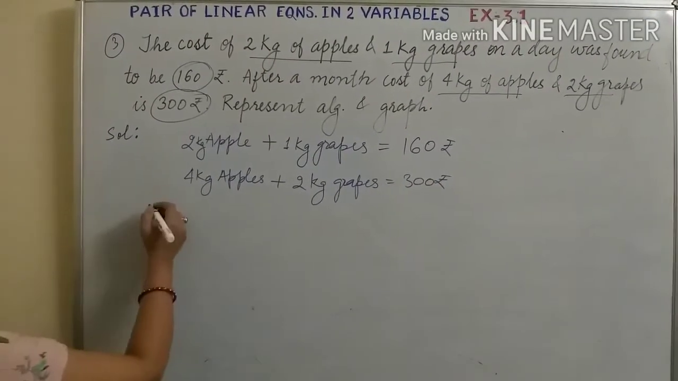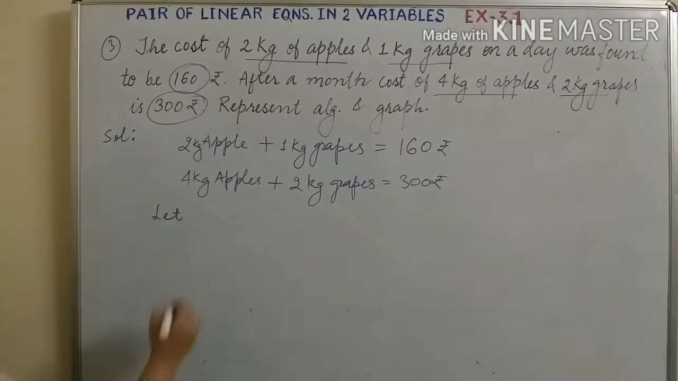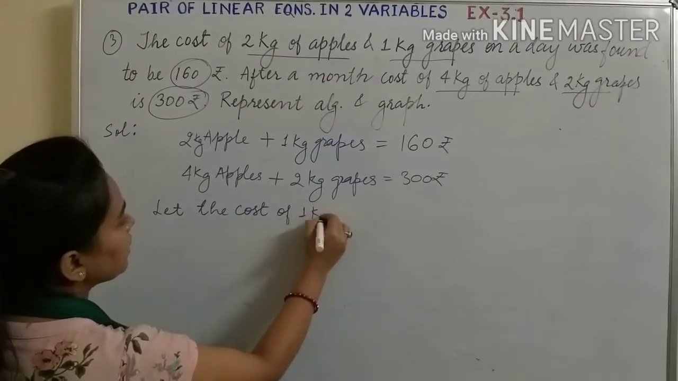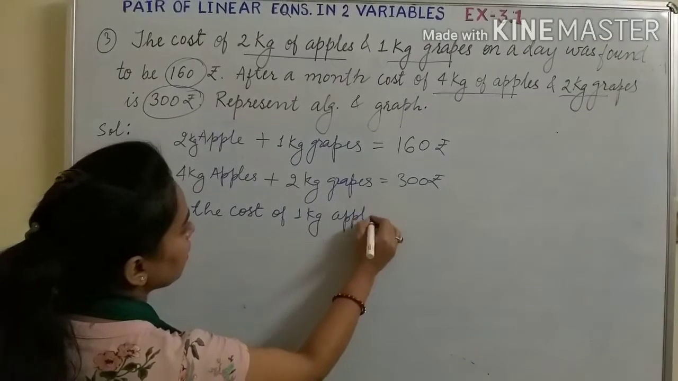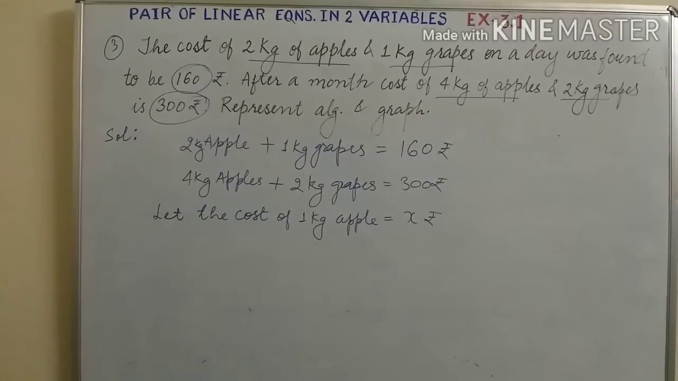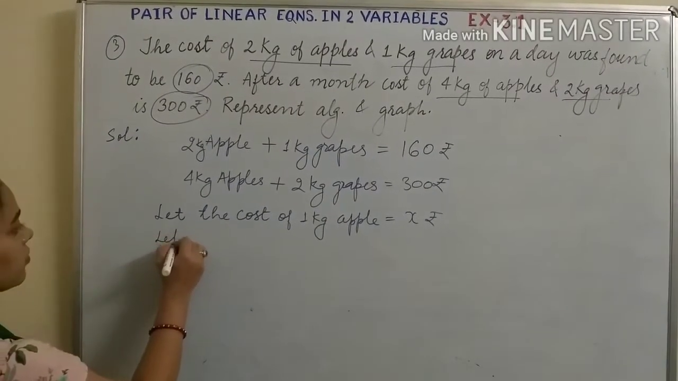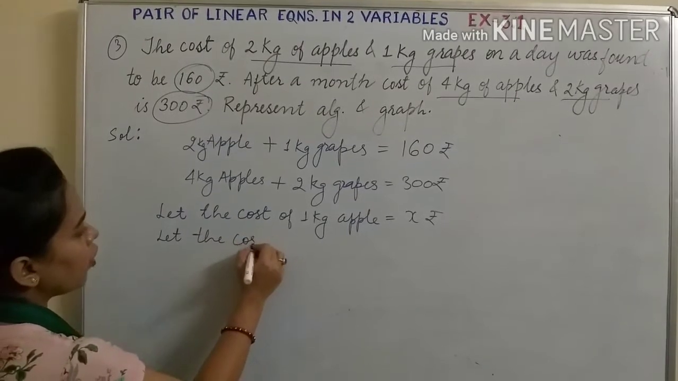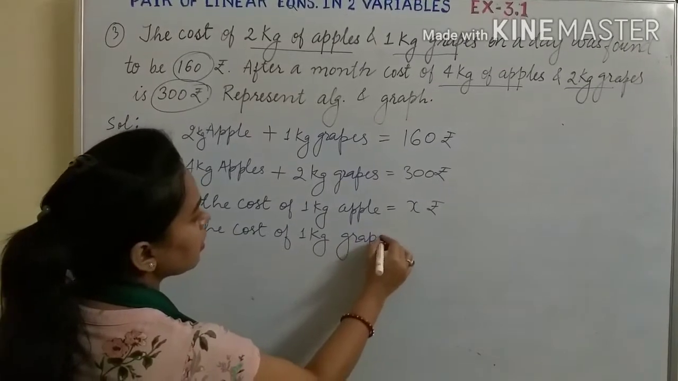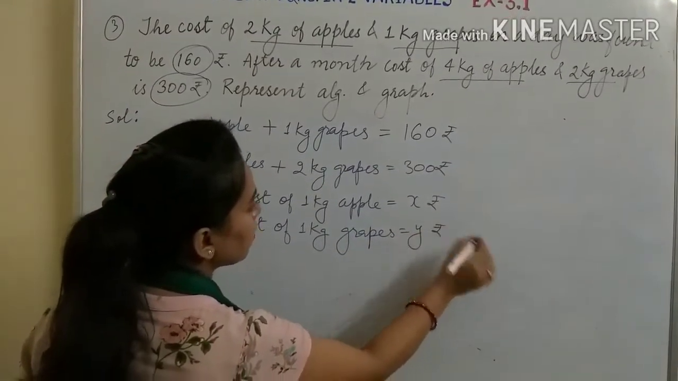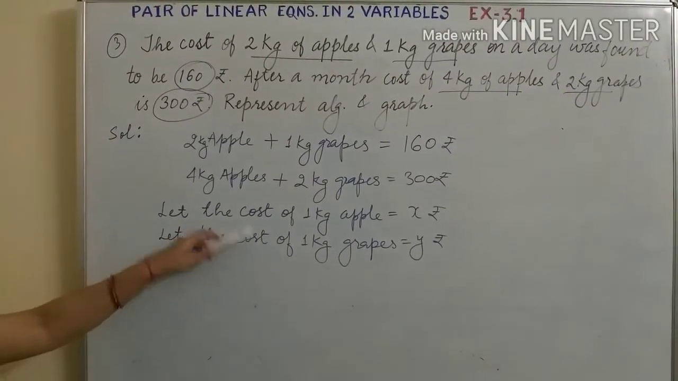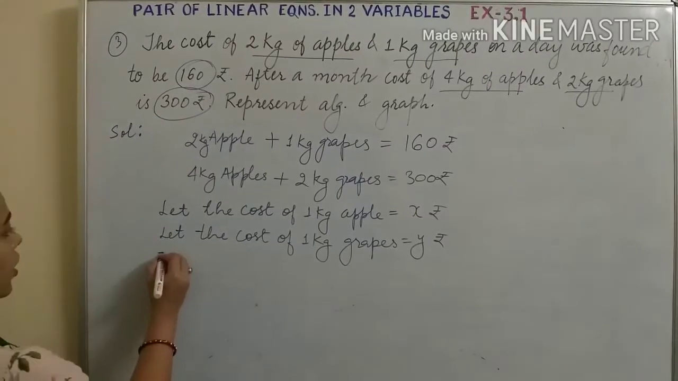Now we will start. So let the cost of 1 kg apple equal x rupees. We have taken the cost of 1 kg of apple to be equal to x rupees. Again, let the cost of 1 kg grapes equal y rupees. Now we will put these costs in the above statements, and we will get, according to the first condition,